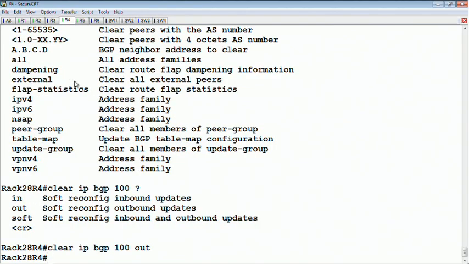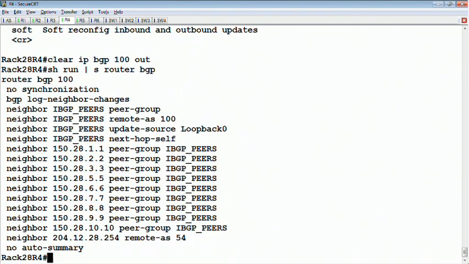So we saw how we could change this on router 4 was with the next hop self command under the BGP process. So that's a perfectly valid option. It says that for any routes that are coming from my eBGP peers, which in this case it's just this one particular neighbor here,